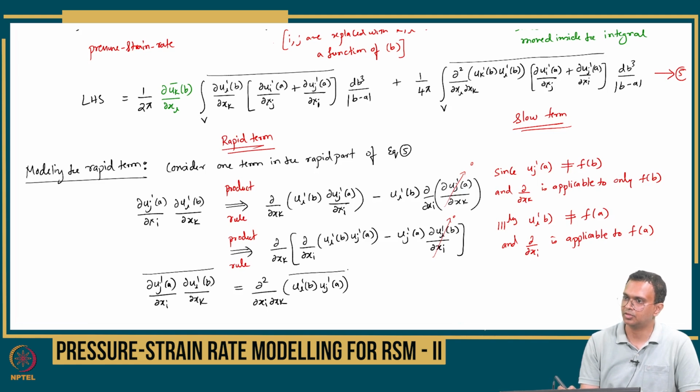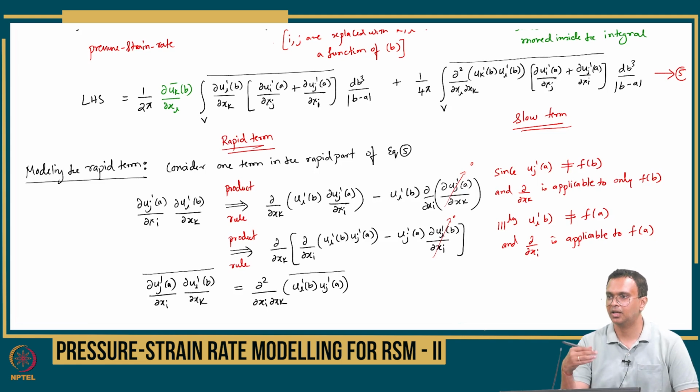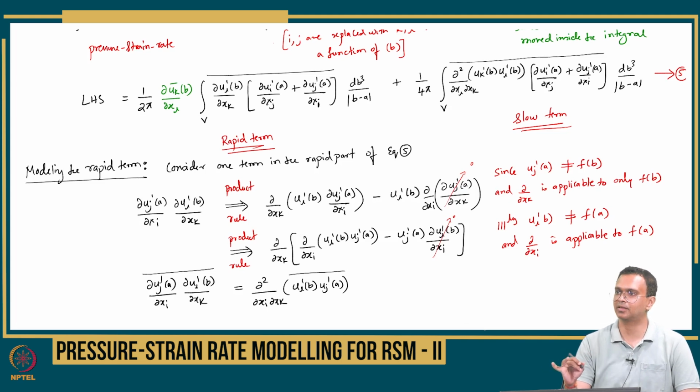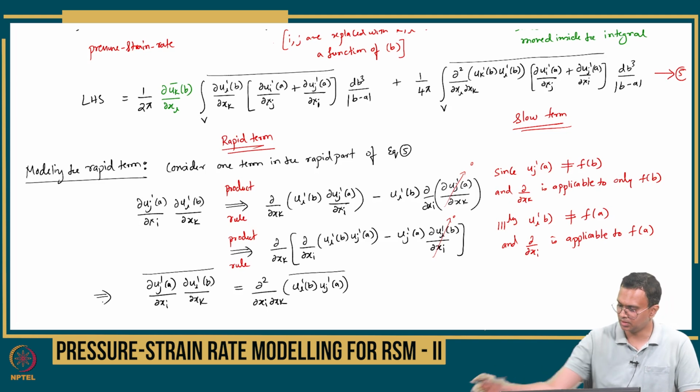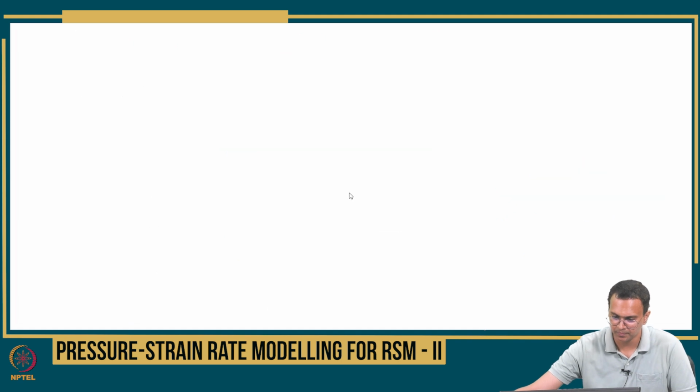Right? So that means the pressure strain rate is related to the mean strain, which I have access to, and the Reynolds stresses. So I am coming closer to modeling at least one term, the rapid term, and I have access to both Reynolds stresses and the mean strain rate. Okay. So therefore, I can say that